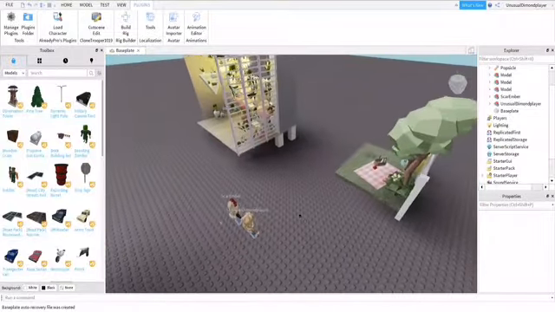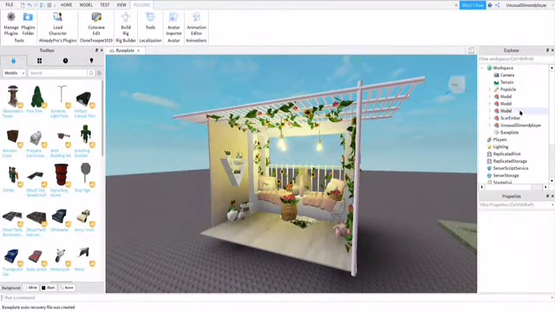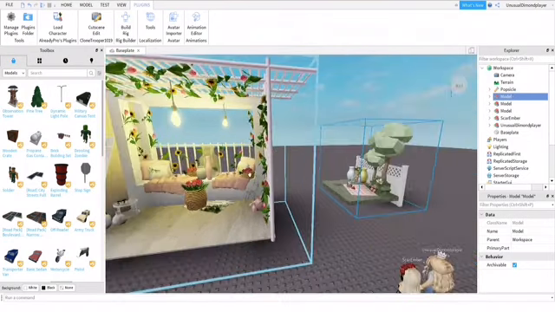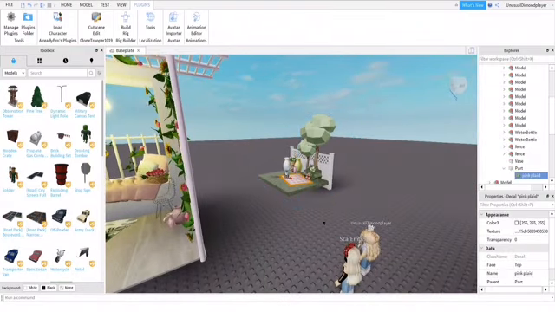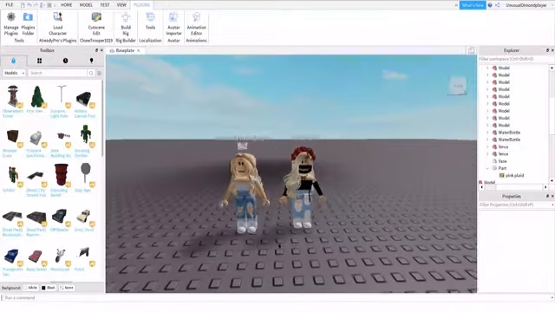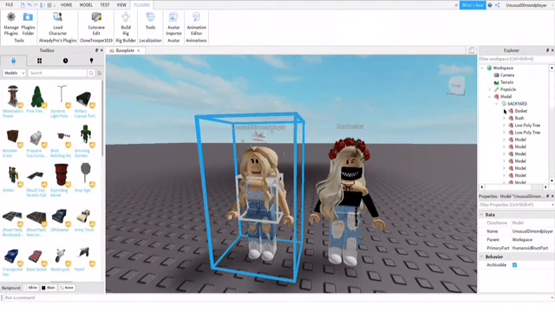So what you want to do is, if you have a model over on the side of your screen, you want to right click and click export selection. So once it's saved, it'll be in a folder or wherever you saved it, and you want to do the same thing for the other models that you want. But for characters specifically, what you want to do is do the same thing that you did for the other ones,